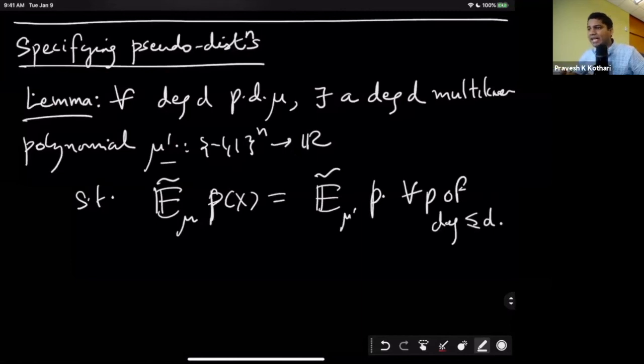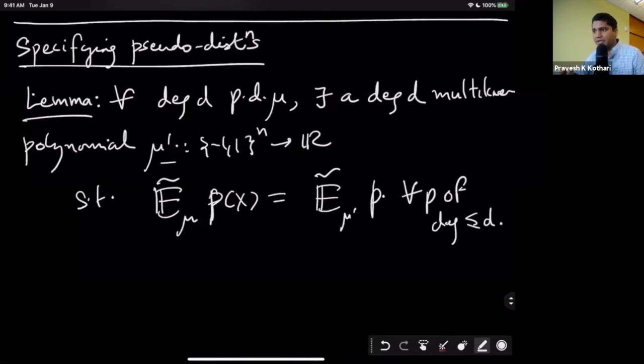So basically, without loss of generality, I can always take mu prime to be a degree d polynomial. That's the content of this theorem. So at least I can specify a pseudo distribution by giving you n to the d numbers. Again, we haven't discussed the issues of bit complexity here, but at least there is hope of some small representation